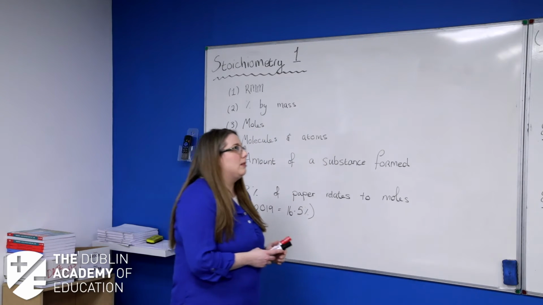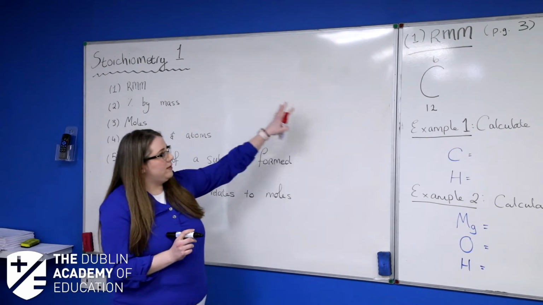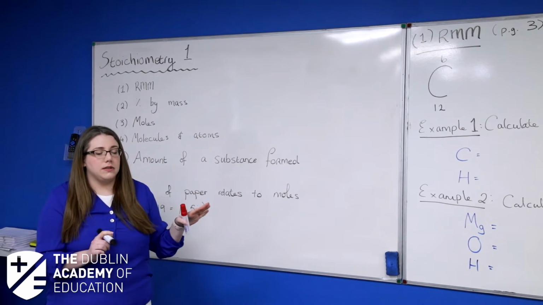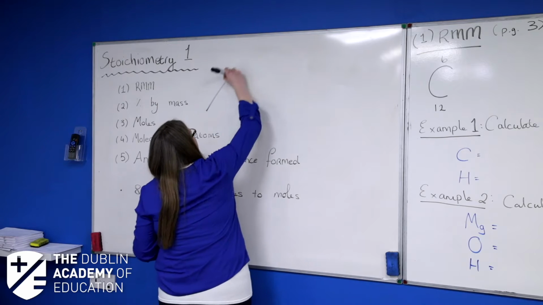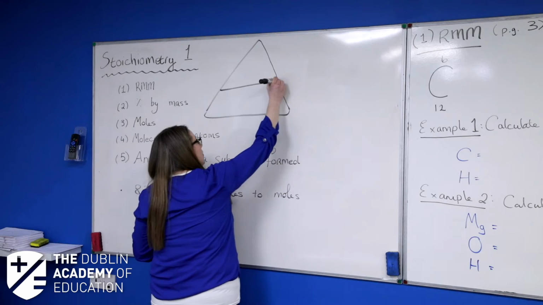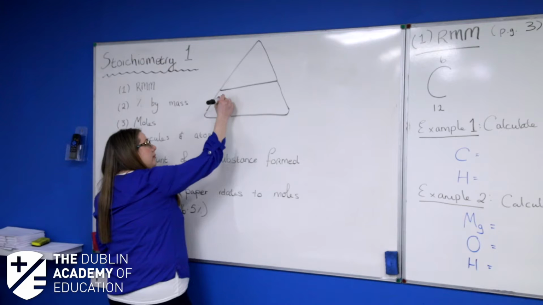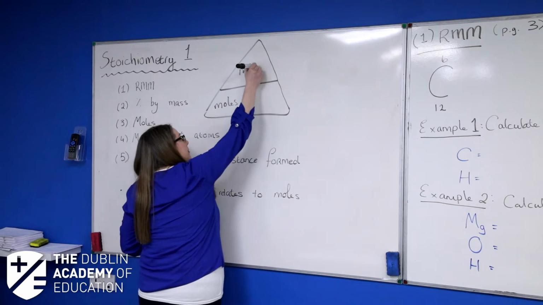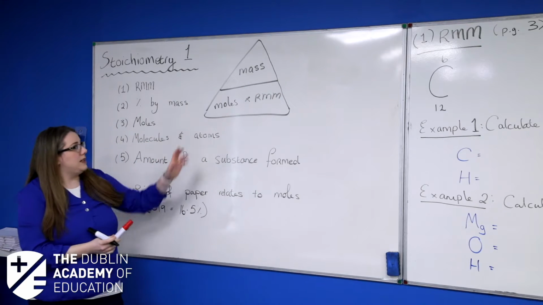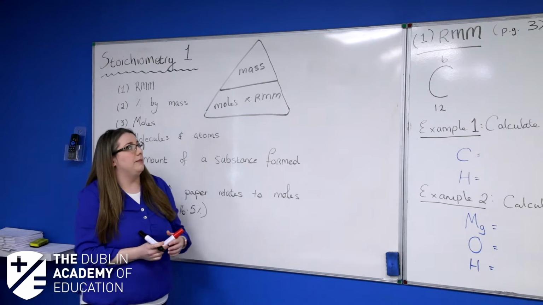Right, so relative molecular mass. Before we get into the whole thing, I'm going to put 2 formulas up on the board. Some of you might not like formula triangles. Fine, you don't need to use them. I find them beneficial. The first one is for calculating moles, just so I have it on the board in front of me. We've got moles, mass, and your RMM. So the whole object of today is to be able to work out moles and mass. In order to do that, we need RMM, so that's where we're going to start from.